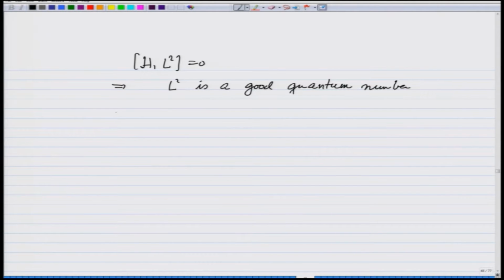The Hamiltonian we have shown is minus h cross square over 2m (1/r square) d by dr r square d by dr plus L square operator over 2m r square plus V(r), and therefore, the Schrodinger equation